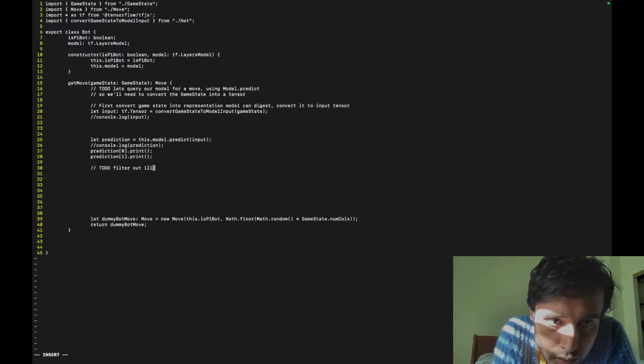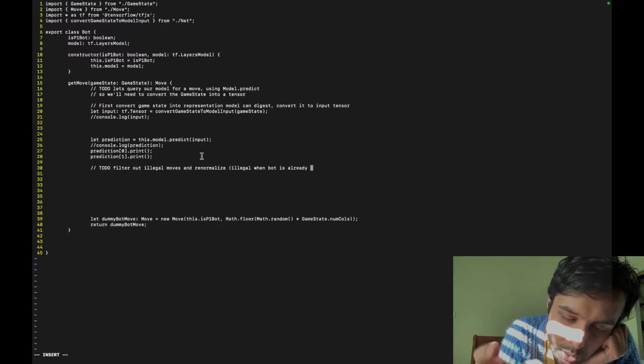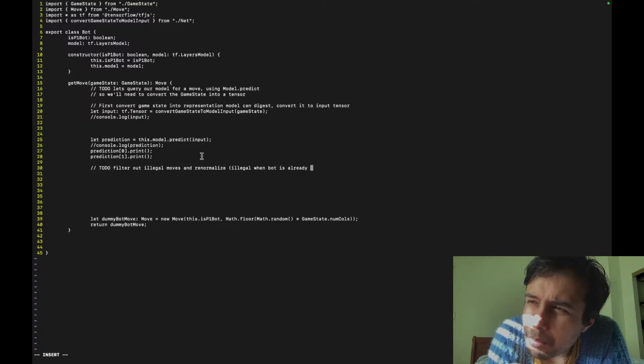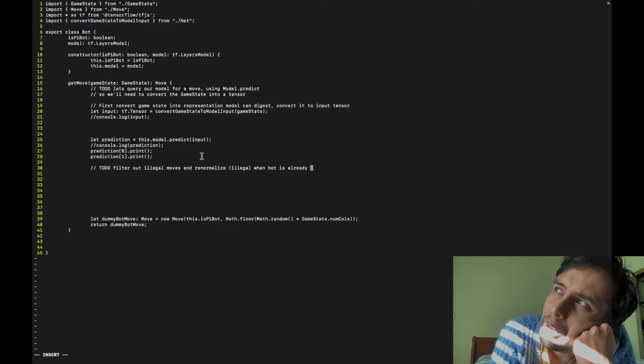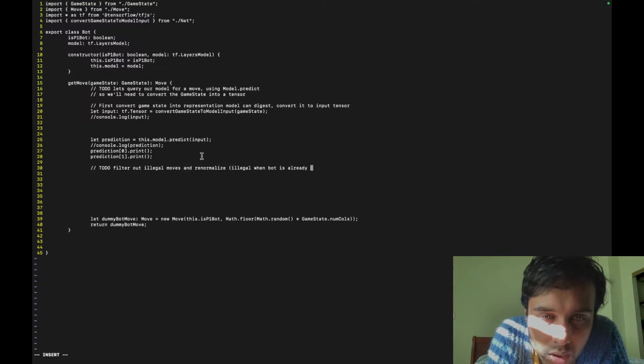To do: filter out illegal moves and renormalize. In BumperCoins, there are no illegal moves, so this is only for Connect Four specifically. Actually, in BumperCoins, in terms of energy level, you may not have enough energy to do the move, so that could be illegal. But I'm doing turn-based; it depends on the launching strength. Anyway, sorry, I digress. The point is, I'll do it right now.